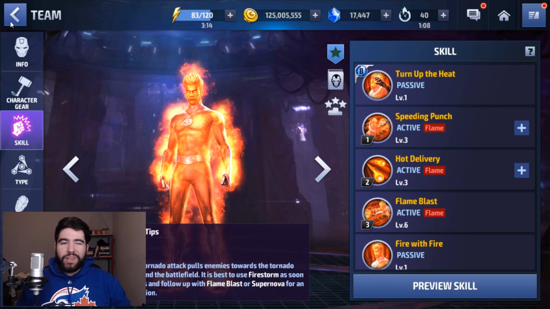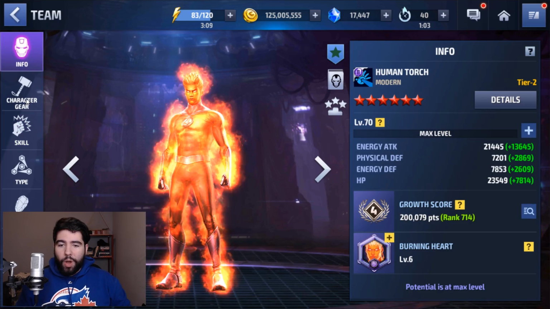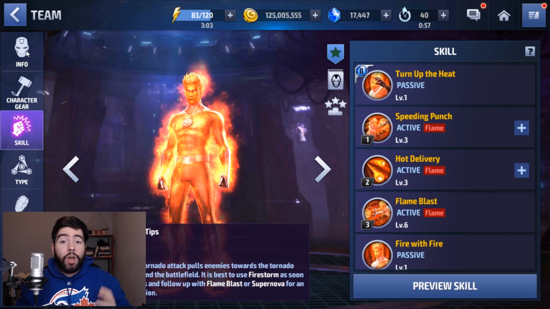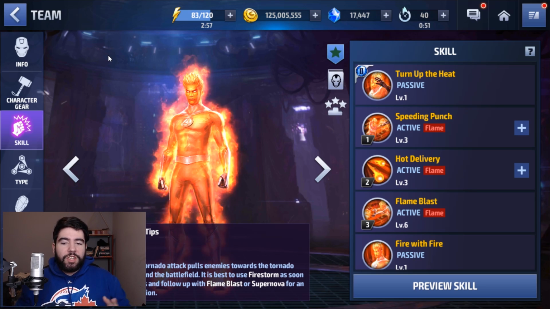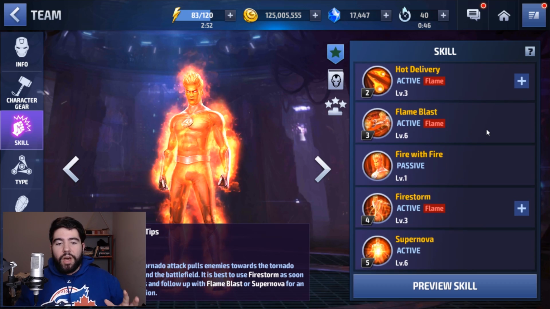I would almost say that he's kind of like a mini Gambit. So for those of you that don't have Gambit, or for those of you that want a character that kind of plays like Gambit in some ways, Human Torch is kind of like that. But he's definitely a lot better defensively, but of course he sacrifices a lot on the offensive end. But it is interesting to see the mixture of offense and defense that he carries,